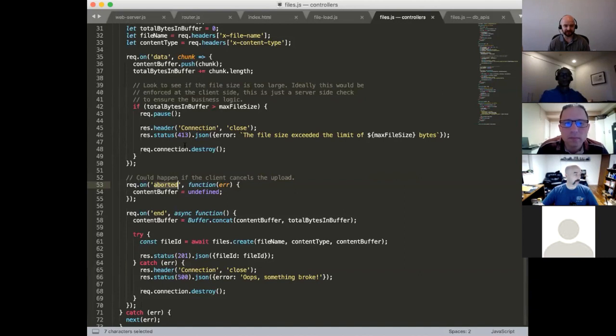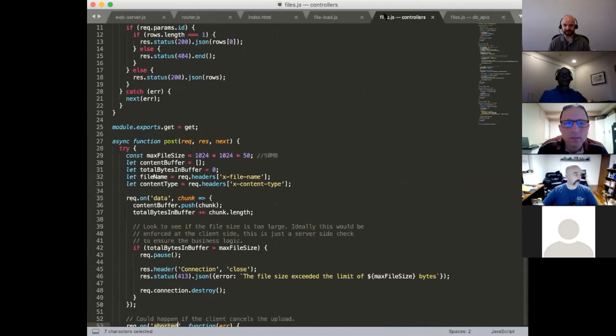Some of the complexity, though: I like to separate logic from my controller and my database API. The controller logic has access to the HTTP request and response objects, but the database logic should not know anything about the request and response objects, right? So when you talk about streaming a file, this is where things get a little complicated.